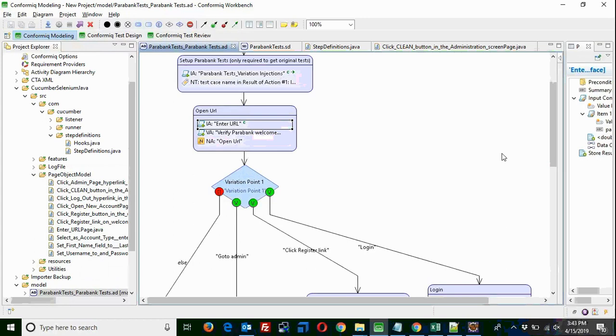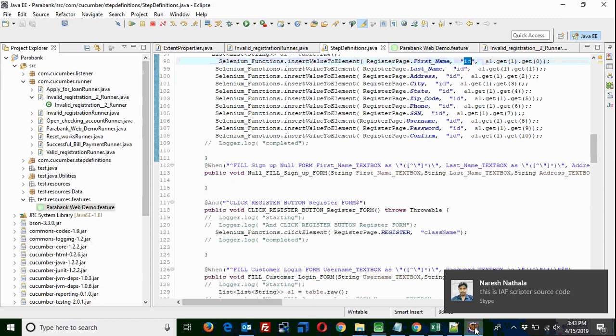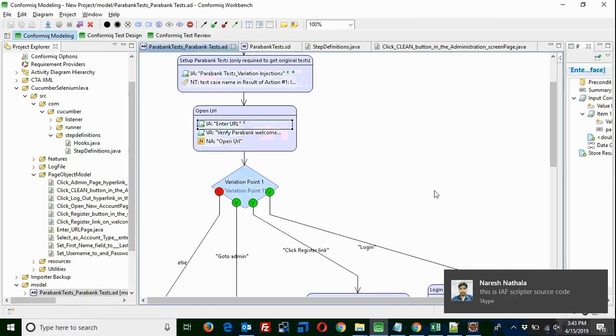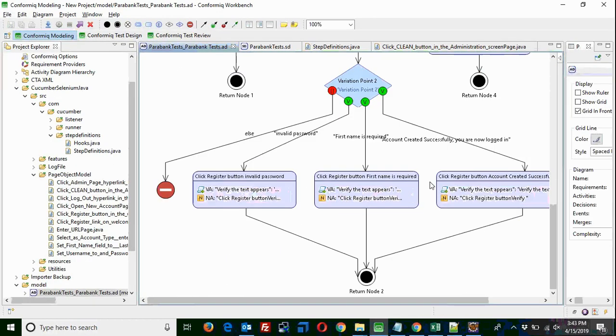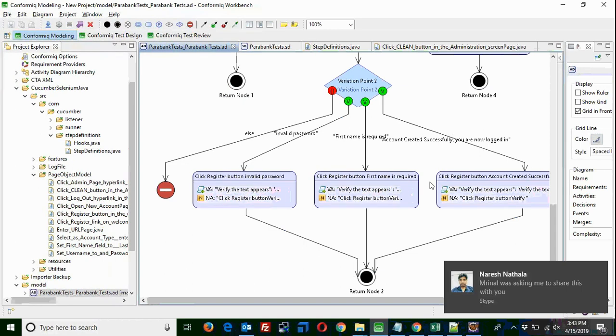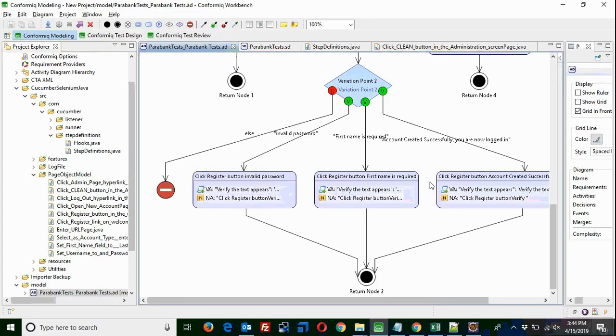But when it comes to automation, I understand model creation is happening because we are using natural language processing, but there will be chances of error as well. So that's what I'm asking: how much is the accuracy level of your NLP model which was implemented by Confirm IQ? These models are absolutely fine. We have imported more than 250 test cases like that in one shot. So the input test cases and the model are absolutely fine.